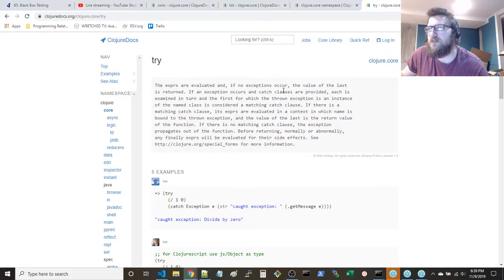No exceptions occur, the last value is returned. If an exception occurs and catch clauses are provided, each is examined in turn, and the first for which the thrown exception is an instance of the named class is considered a matching catch clause. So